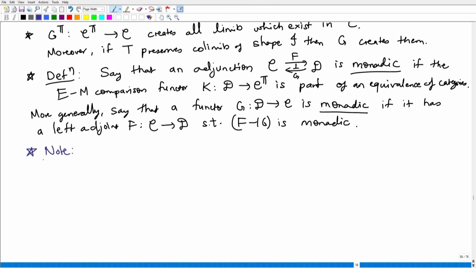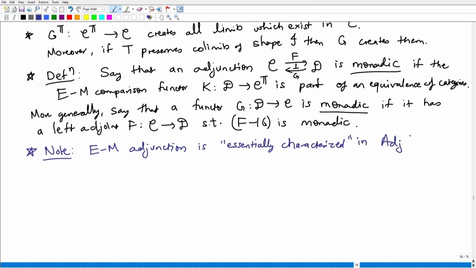So the Eilenberg-Moore adjunction is essentially characterized in the category of adjunctions by the fact that for each B in D, the diagram,